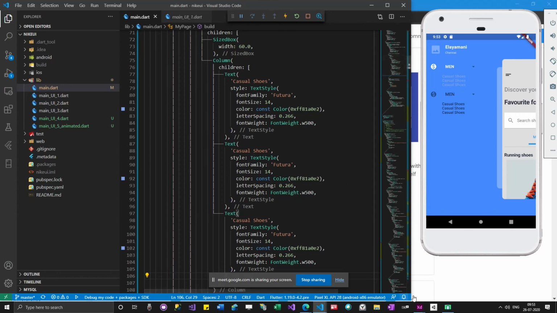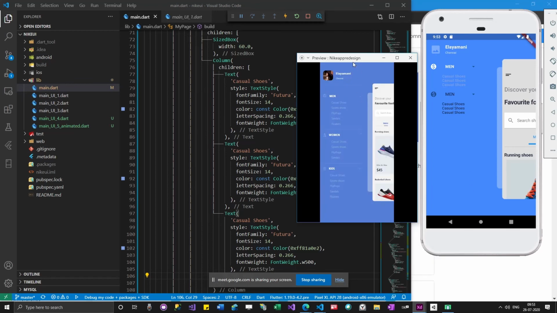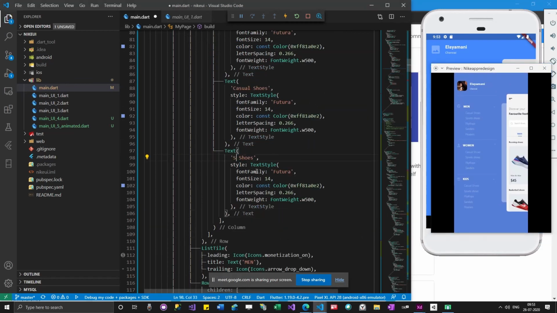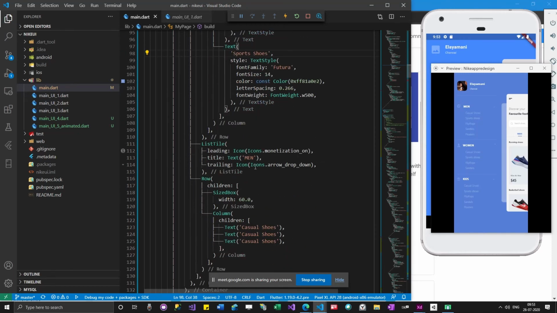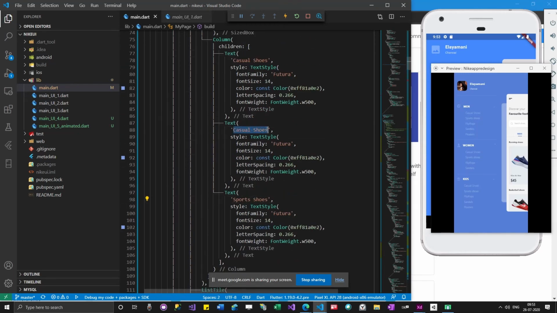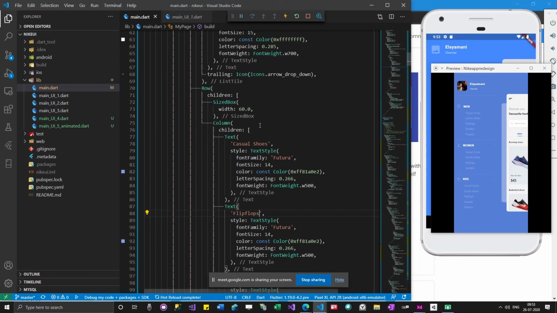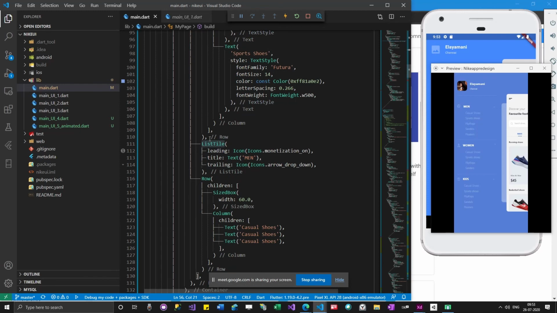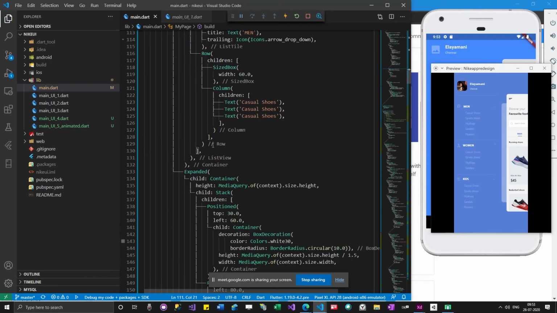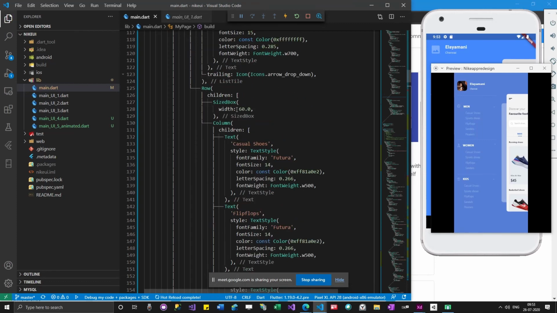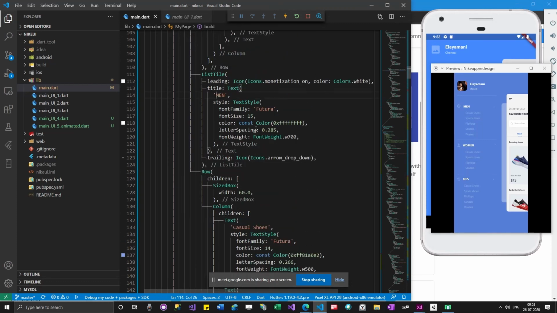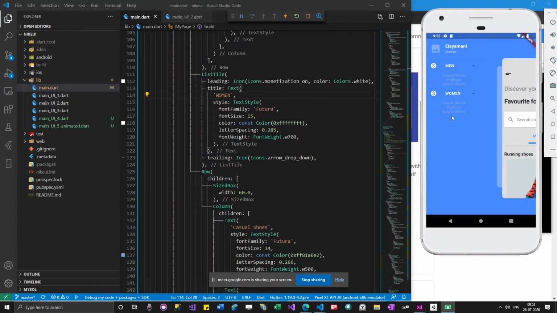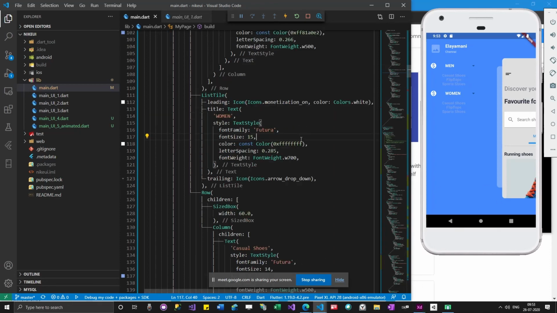Okay, so I will... so you could see the menu items are not aligned properly. So let me align that.